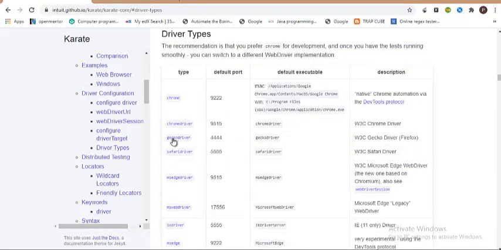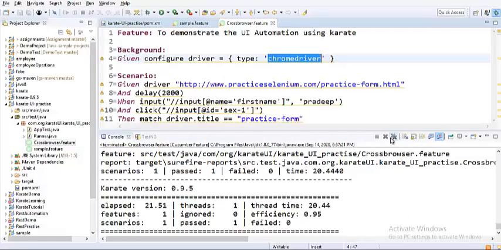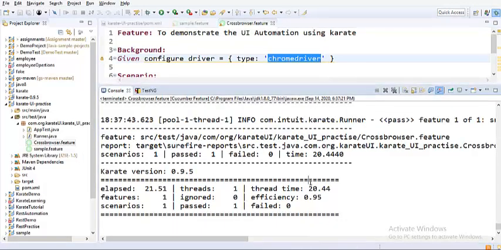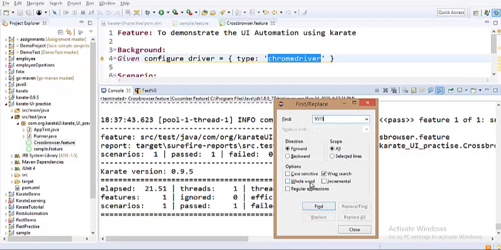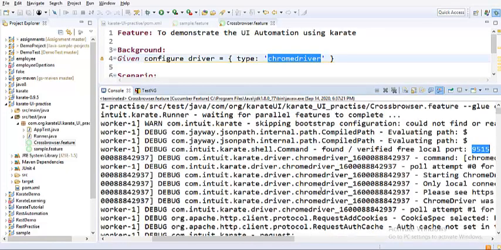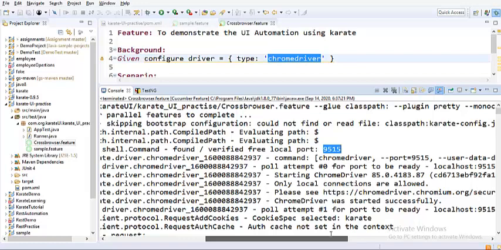So you see the documentation, they have clearly stated that you just please do mention the type as Gecko driver. So you will see the Mozilla starts in the port number 4444, which is a default port number, and this even uses W3C protocol, and it should launch the Firefox. And if you observe the log here, you should see the Chrome has started in 9515 port. You see, so the Chrome, when you usually launch with Chrome driver, you tend to see this is opened in a default port, which is 9515.